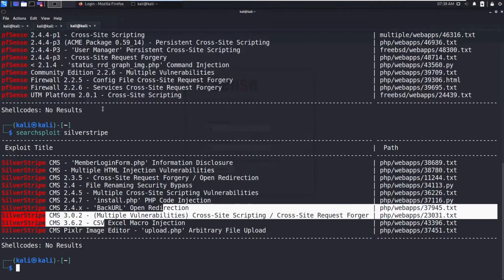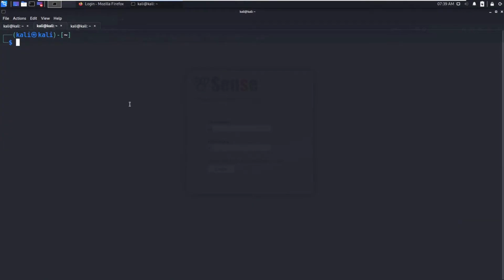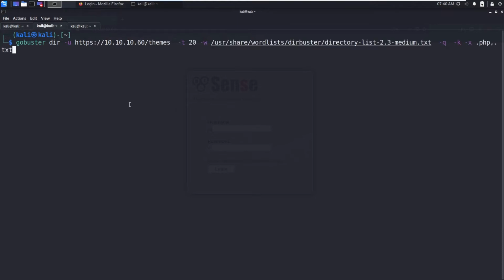Now what I'm going to do is search for any text files or PHP files or any other type of files which contain some information in them. Let's say, I'm sorry, HTTPS, and you can see my GoBuster history. I have brute forced the themes and other JavaScript folders for text files.